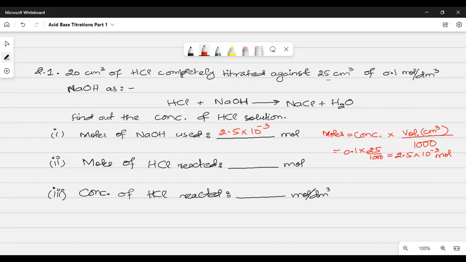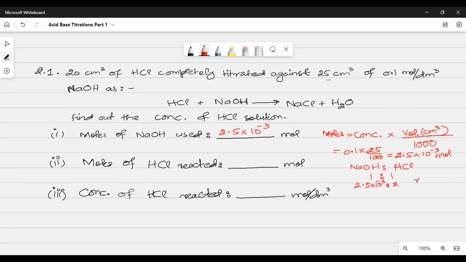So for the second step, we usually tend to take the ratio. The ratio would be NaOH on the left side, and the right side would be HCl. Since we don't know about HCl, we need to find that out, and we already know everything about NaOH. Since this is 1:1, this should be easy. 2.5 into 10 raised to the power minus 3